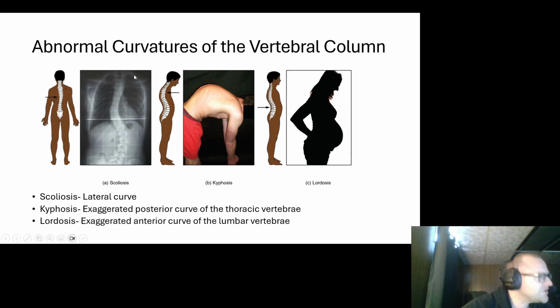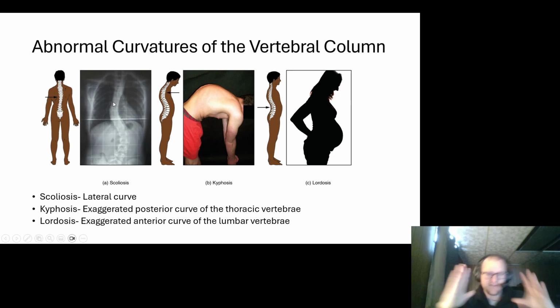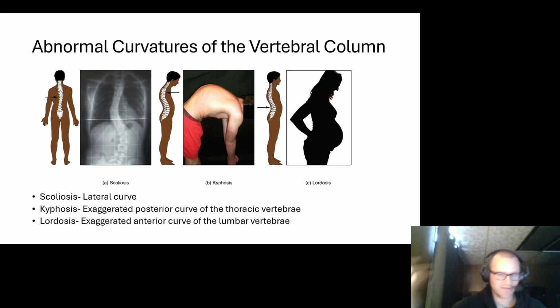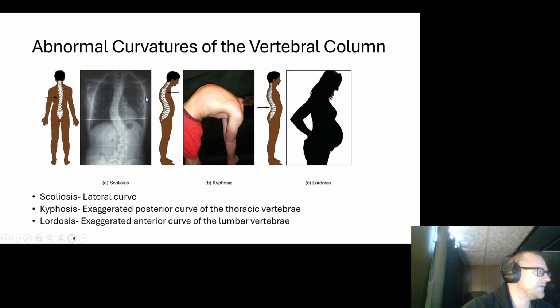And occasionally, if scoliosis is bad enough, they might put us in a brace to help fix and push these vertebrae back into place. And then there'd be a series of physical therapy that you can do to help strengthen the muscles that pull on these things. Next up, we've got kyphosis, and kyphosis is an exaggeration of the posterior bend in the thoracic